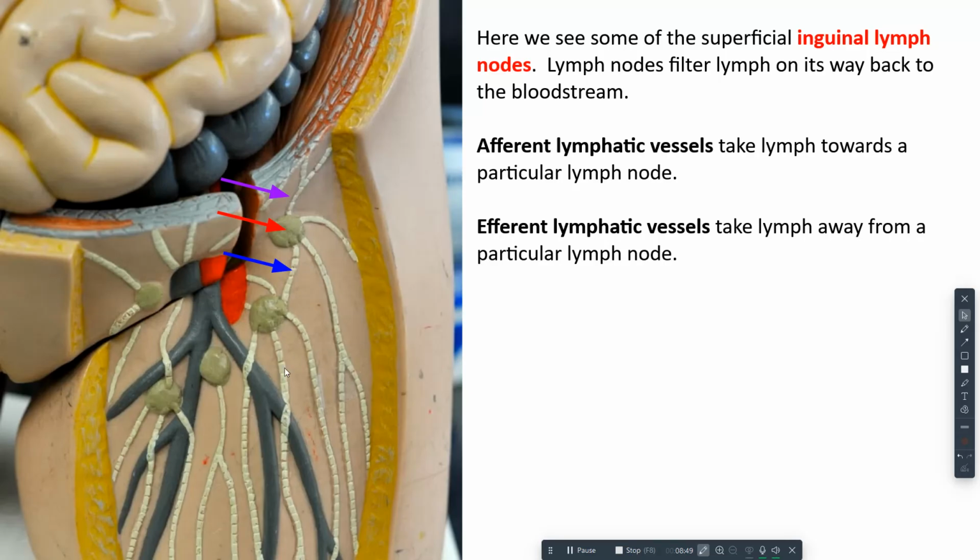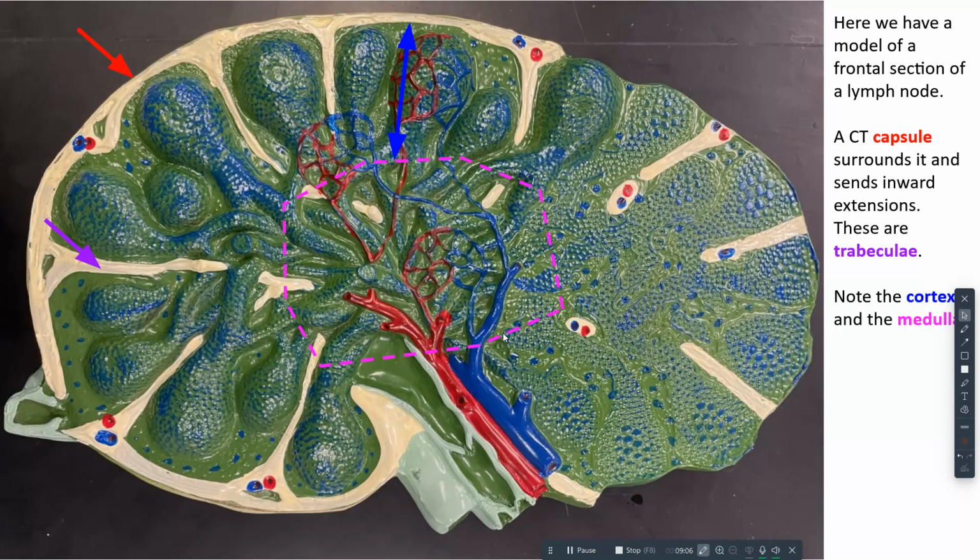And we can see in this model here that lymph will pass through multiple nodes on its way. That's going to allow for a more effective filtration. So we got some lymph nodes here. Not a lot of detail on them, but we happen to have a lymph node model cut in a frontal section here. Again, note that we see a connective tissue capsule around it. We saw that in the spleen and partially in the tonsil. Got some trabeculae going inward as well,